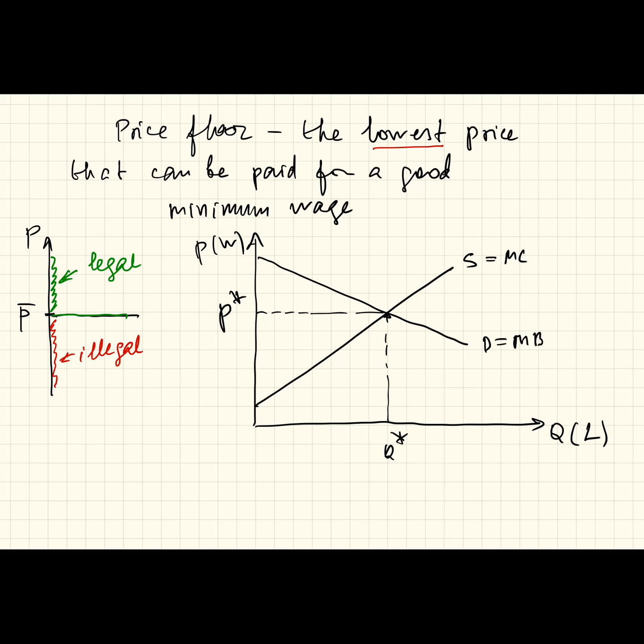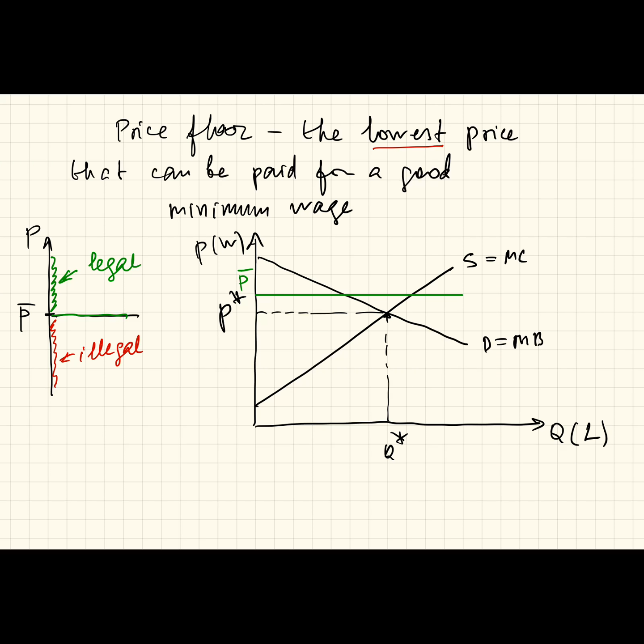So to notice any difference, we need to consider a price floor set above the equilibrium price. So in this case, government will be trying to lift the current price or current wages. So P hat. And as before, we're going to see a mismatch between